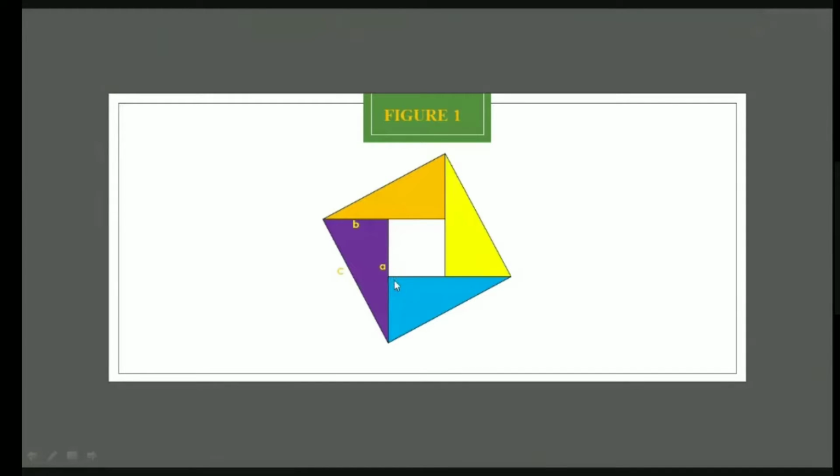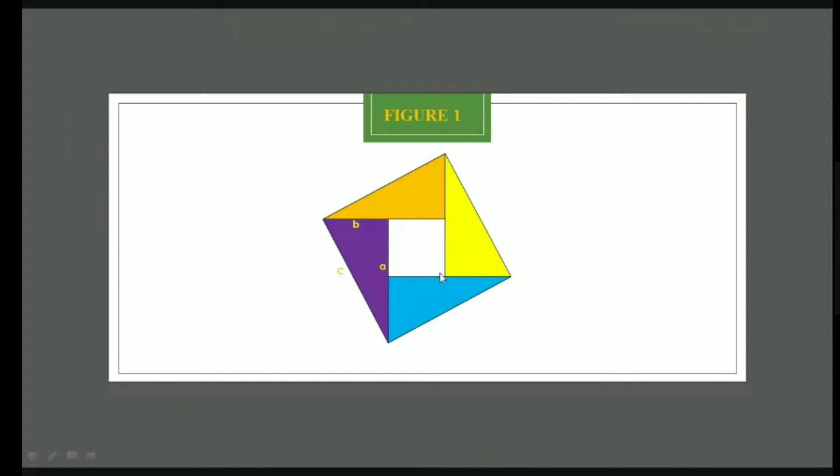Now carefully look. This complete was side A, out of which this is side B. So how much is this side equal to? Is it not equal to A minus B? Exactly the same way, this complete was side A. Out of it, this is side B. So this leftover is going to be A minus B. Similarly, we have this side also as A minus B and this one also as A minus B.